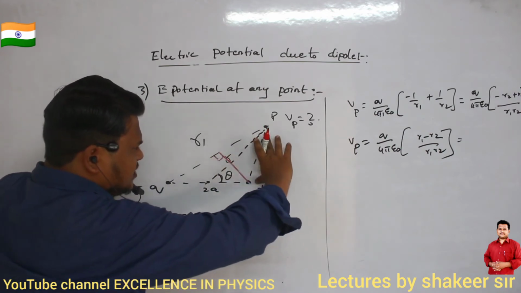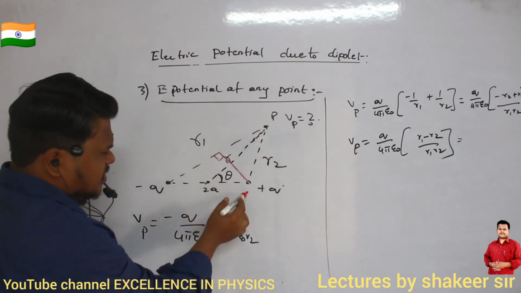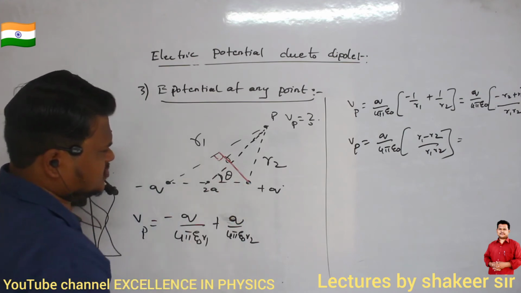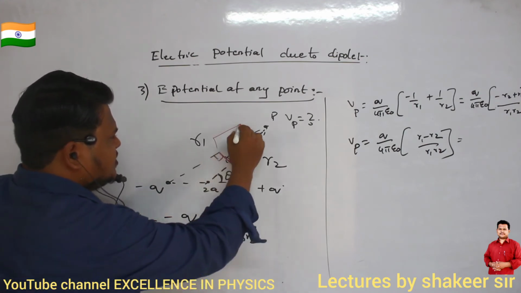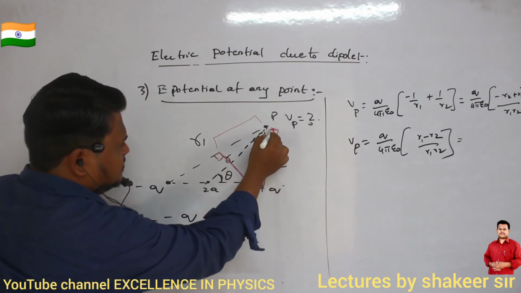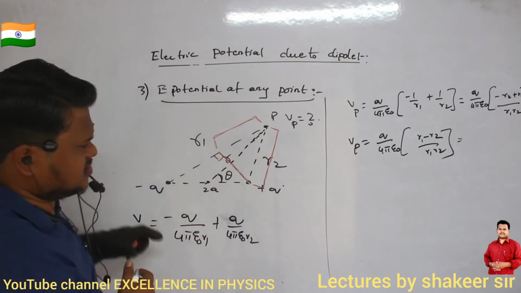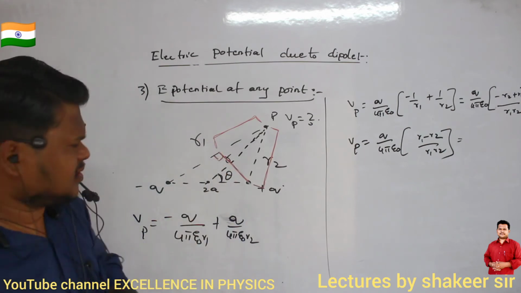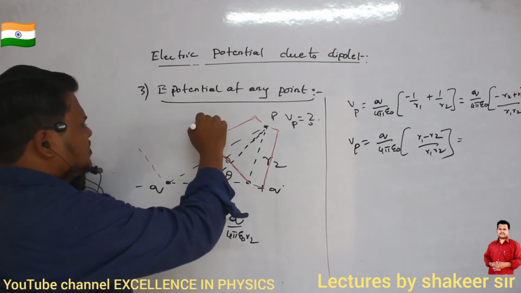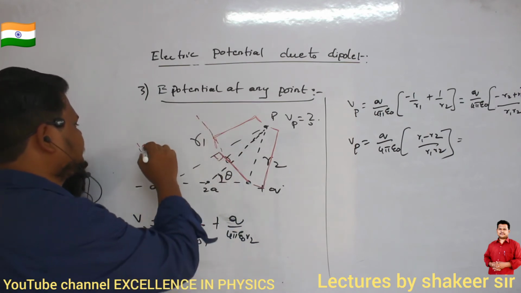This length and this length should be equal, because we have drawn a line which is making an angle of 90 degrees and it is touching this point. So definitely I can say this amount of length and this amount of length are equal. Are you able to understand? If those lengths are equal, then what about this length? This length will be how much, ma?